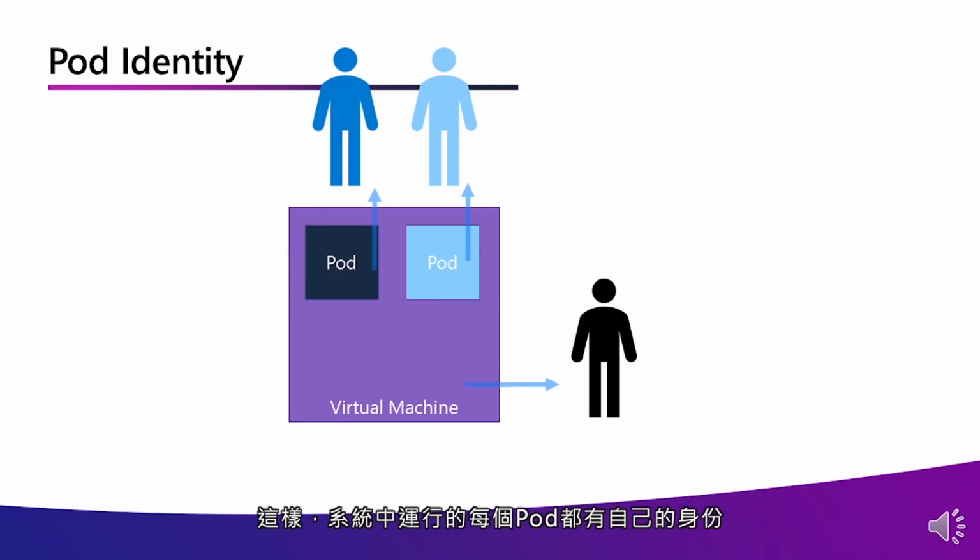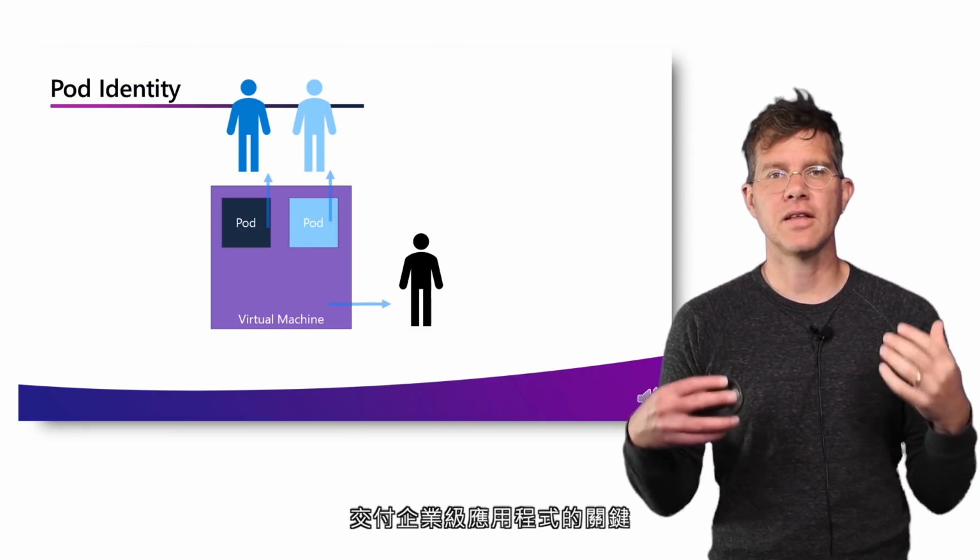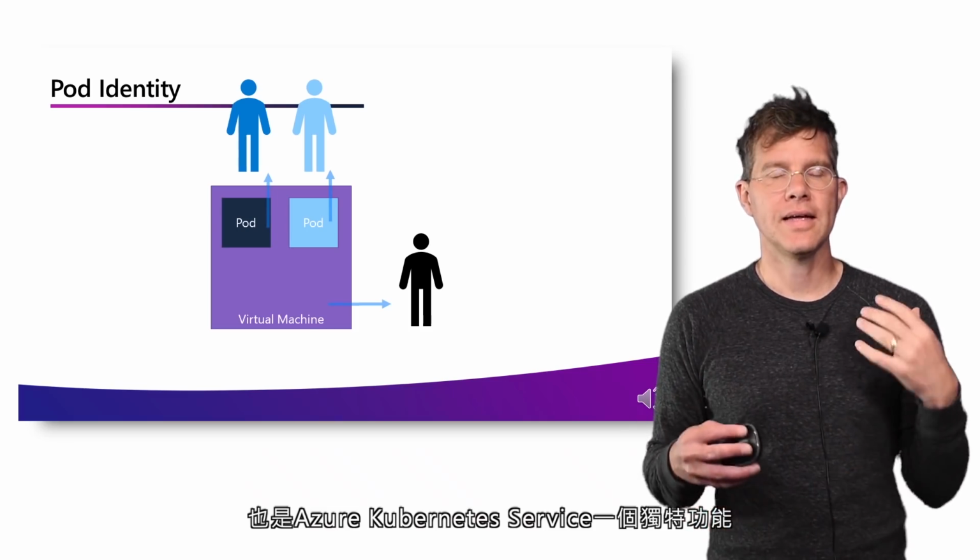So every single pod that runs in the system has its own identity. And the machine has its own identity as well. And so that means you can say things like the back end has access to the database, while the front end pod doesn't, and the machine pod doesn't. This means that you've really locked down the abilities of your applications to the things that they need access to, and really reduces the footprint of exploit if an attacker happens to compromise a particular application. It's a critical component of delivering enterprise-grade applications on Kubernetes, and something that is a unique feature in the Azure